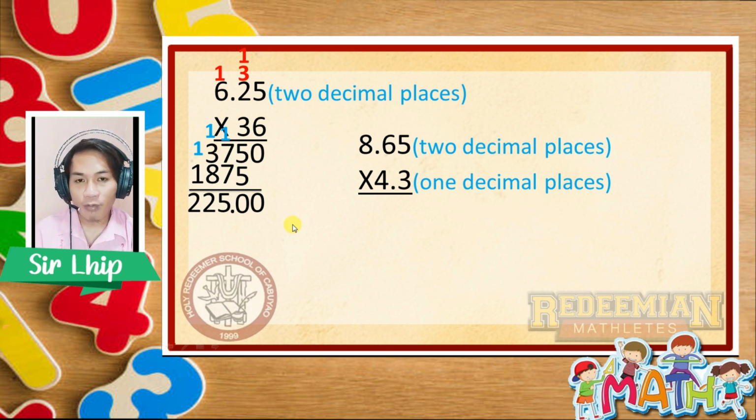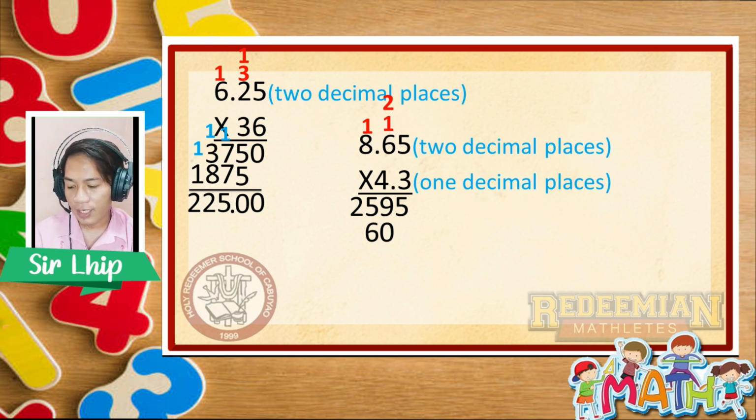3 times 5 equals 15, carry 1. 6 times 3 equals 18, plus 1 equals 19. Carry 1. 3 times 8 equals 24, plus 1 equals 25. 4 times 5 equals 20, carry 2. 4 times 6 equals 24, plus 2 equals 26, carry 2. 4 times 8 equals 32, plus 2 equals 34. Thus, the product is